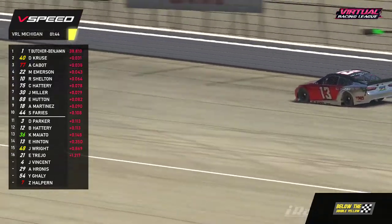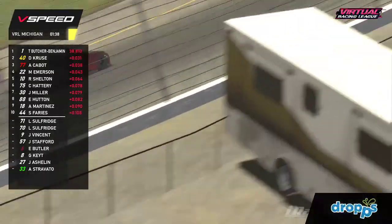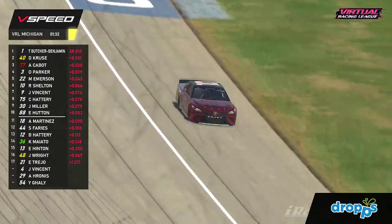As we see Eli Hinton in that Toyota Camry TRD machine, the metallic red and silver, right now 14th fastest, trying to pick it up here on lap number 2, right down on that apron. We'll see if he can